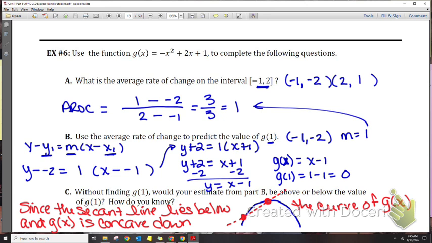The estimated value is going to be the one that's on that secant line. Remember, we found the equation of the secant in B, and we used it to find the value. Well, it's going to be right here. So it's actually below. So it's going to lie below the value of g of 1. All right. Since the secant line lies below the curve of g of x, and g of x is concave down, the estimated value